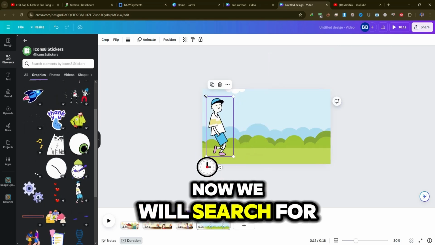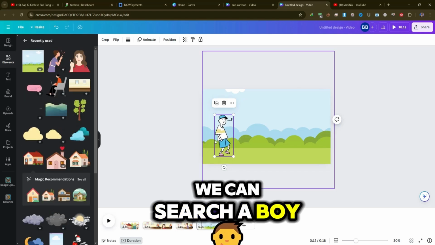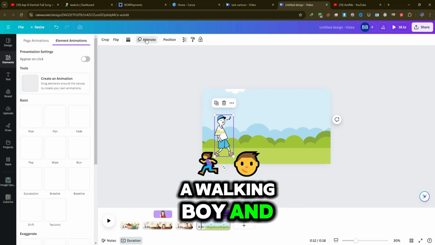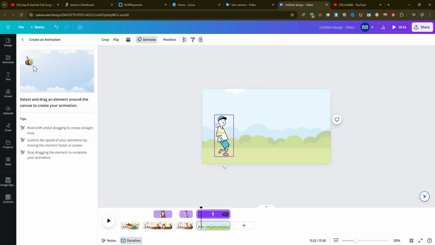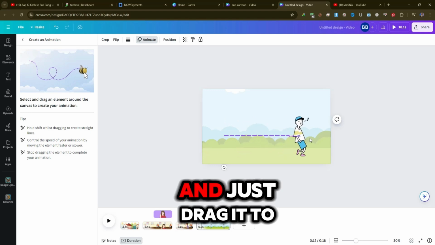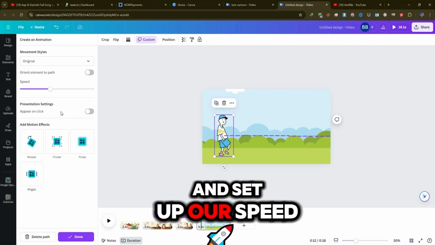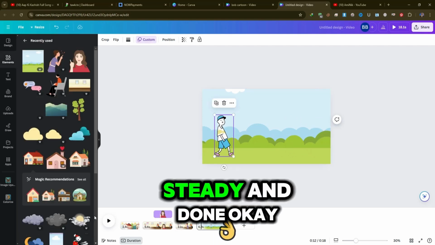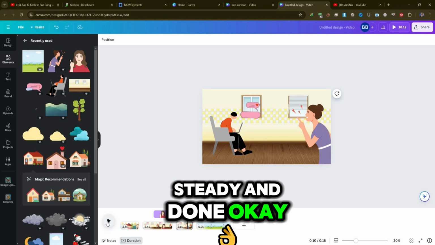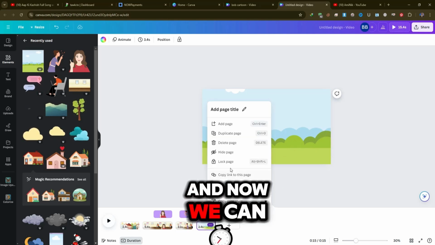Now we will search for a character. We can search here a boy, a walking boy, and animate this. So we can just hold our shift button and just drag it to the right and set up our speed. We can make it steady and done. Okay, now if we play from here, we can see this character moving forward to right, and now we can